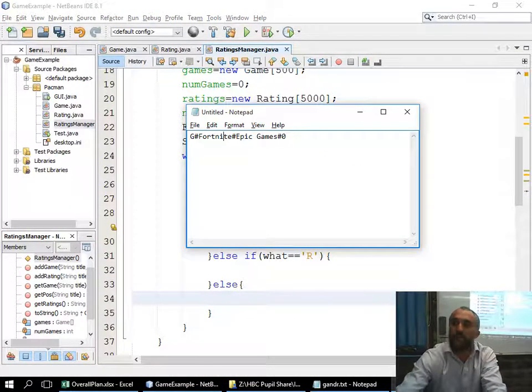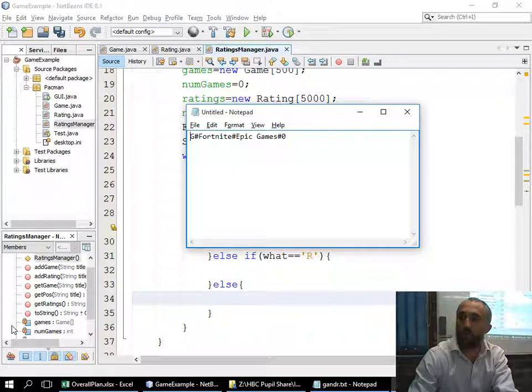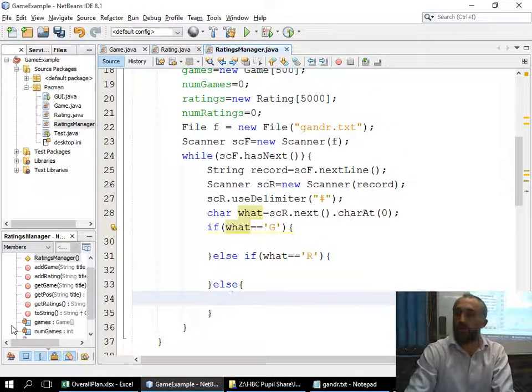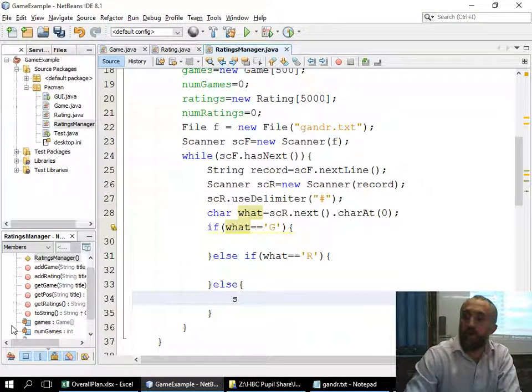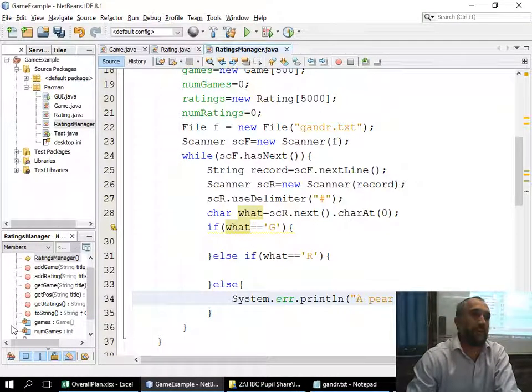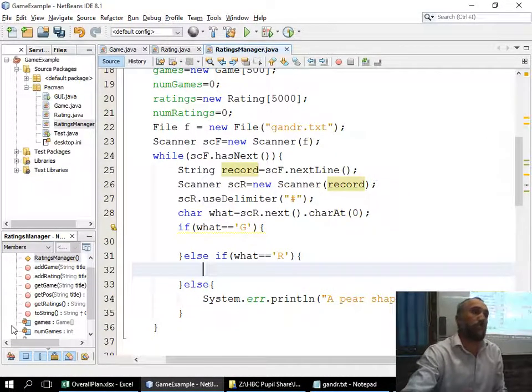And the reason why is, remember we're dealing with something outside of our control. What if there was a record that had a small r or a small g or an h? I don't want to automatically add it as a game. So what I would do in the else, I would actually print out an error to the user, a pear-shaped input, and I'll then print out that record, just so that I can tell the user, whoa, there was one